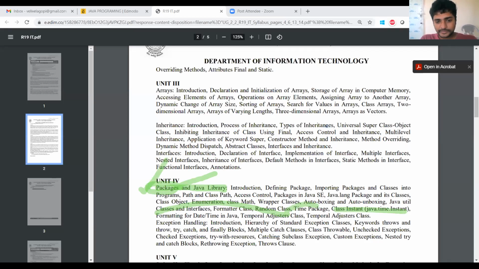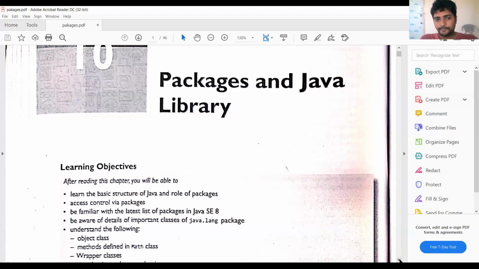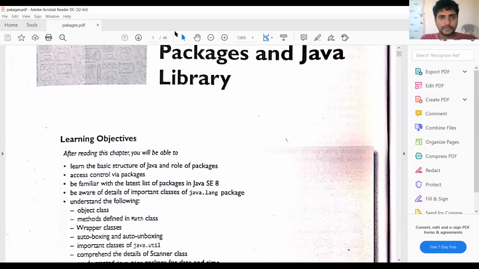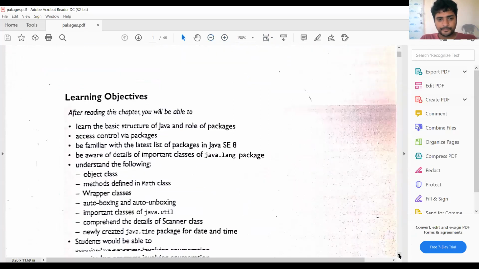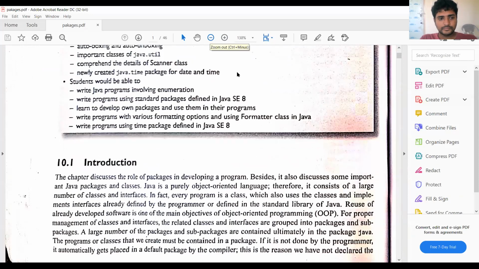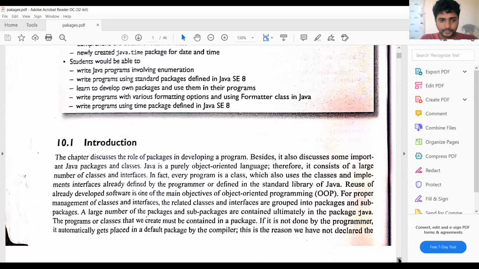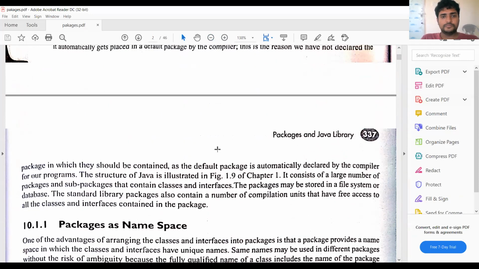So let us start the packages. A package is nothing but a collection of related classes as well as interfaces.